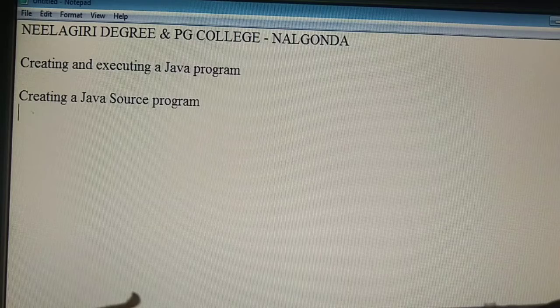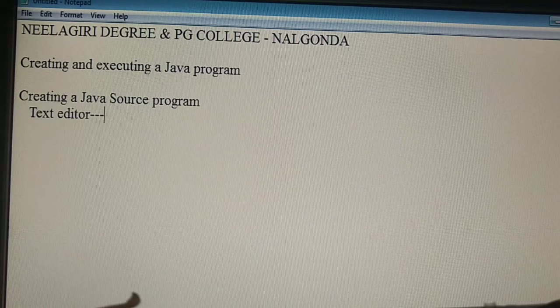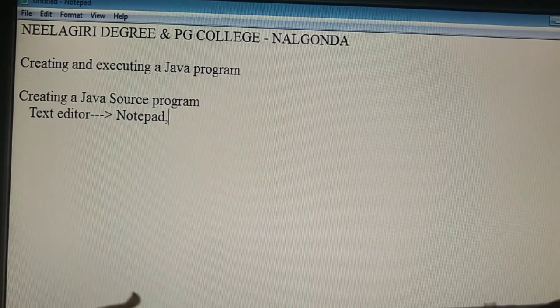In C++ and C language, to create a source program, we need an editor. The editor is Turbo C++. But a Java program can be created by using any text editor, such as Notepad.